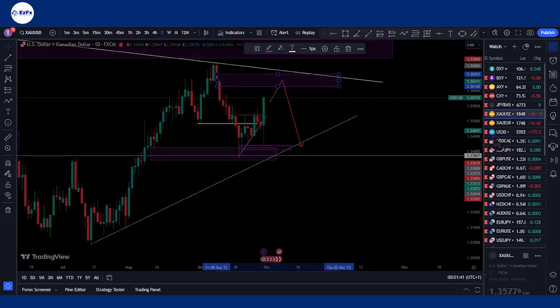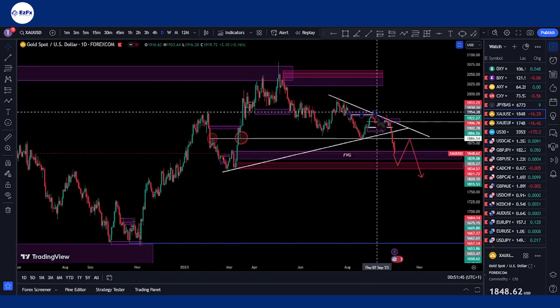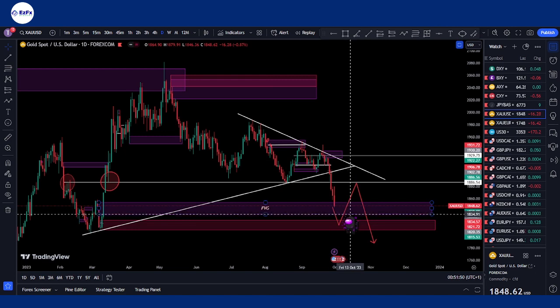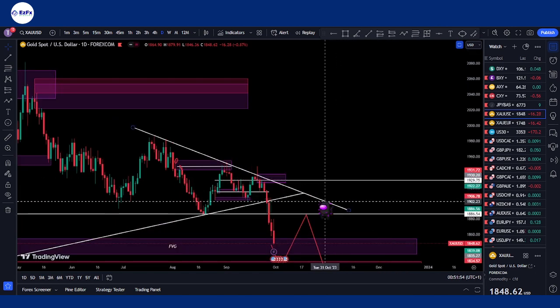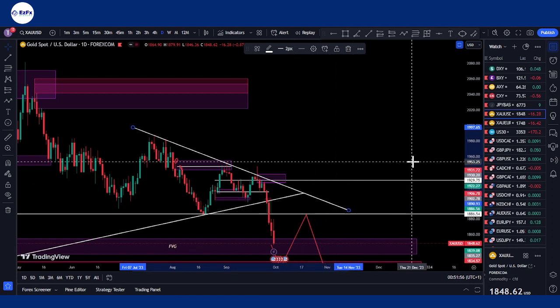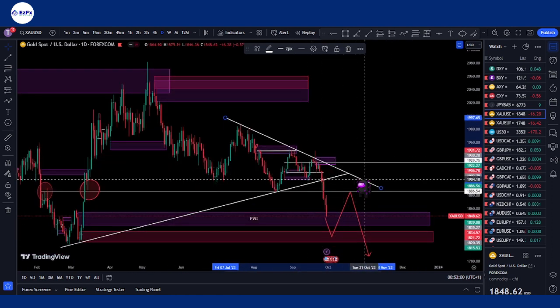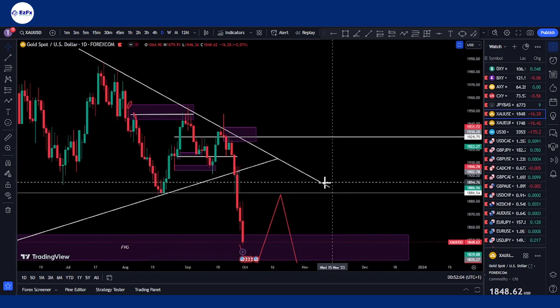Next up, let's look at gold. XAU USD, tongue twister. Don't mind me. Previously we were expecting that gold might break above this trend line that we saw here, and then we would have seen gold continuing bullish. But we've seen that the trend line has so far held up. We're able to get a break and retest.